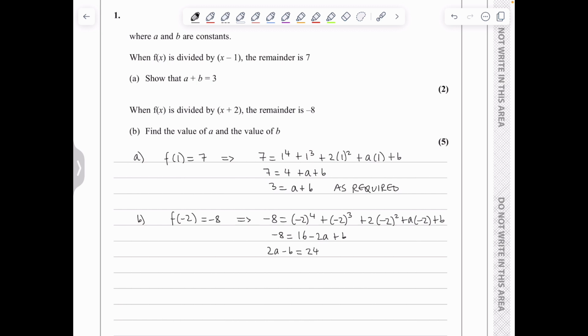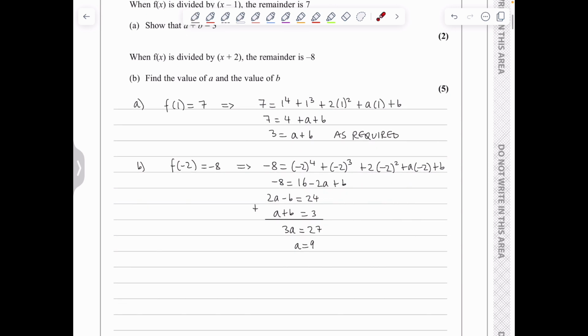where we have already established from part a that a plus b is equal to 3, and therefore I can add the two equations here to arrive at 3a is equal to 27, and therefore a is 9. Now to find the value of b, I will simply substitute into this equation here, the 3 is equal to a plus b, which leads to 3 is equal to 9 plus b,